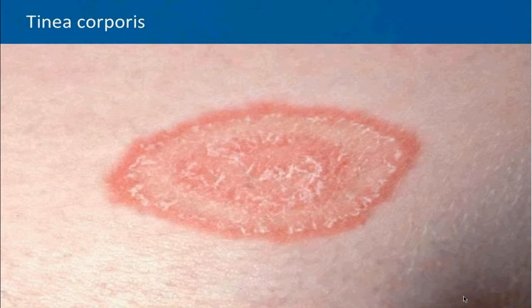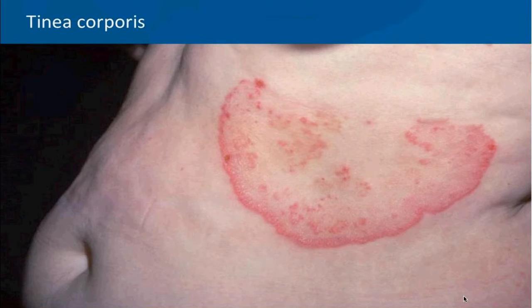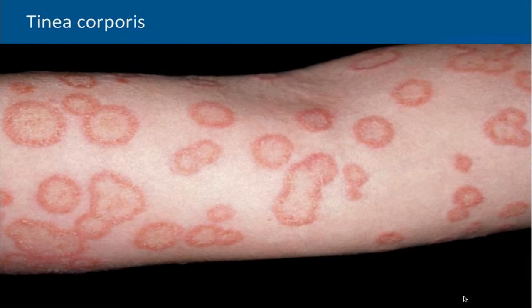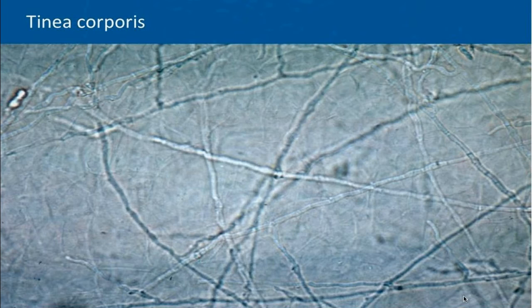And here's some other classic examples of tinea corporis. Concentric rings with scale. Again, a leading arcuate or annular presentation. Sometimes it can be quite widespread, especially in children with a pet that has one of these species, they can acquire the rash in multiple areas simultaneously, as in this case.